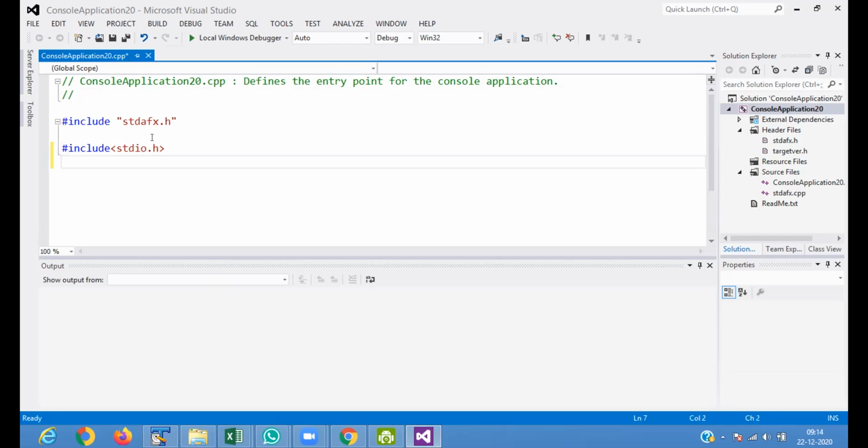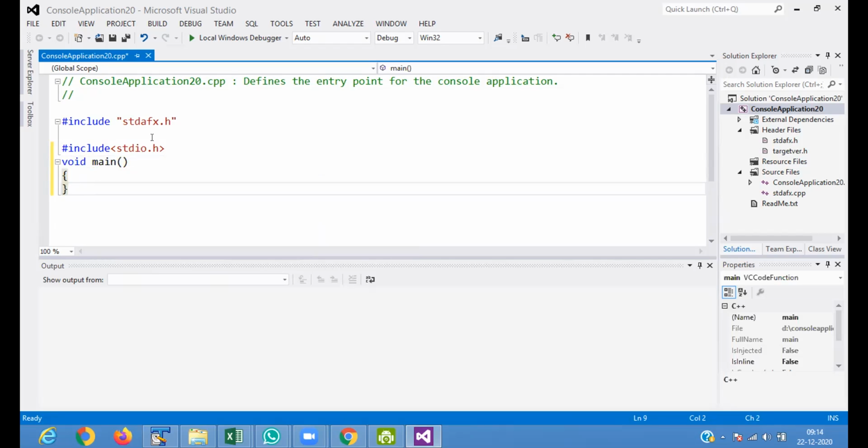Then you have to define the main method. Then you have to enter a year and check whether that year is a leap year or not. For checking that the year is a leap year or not,